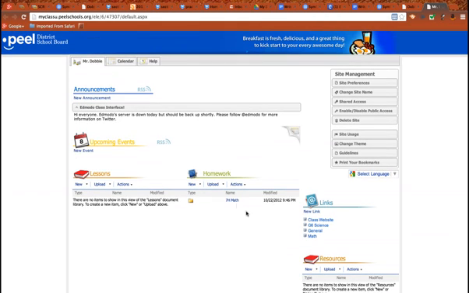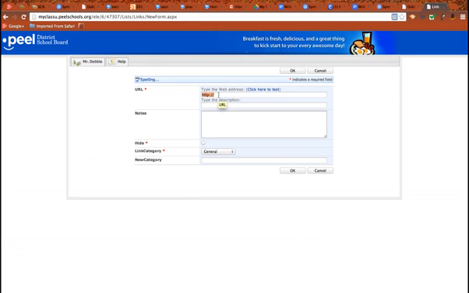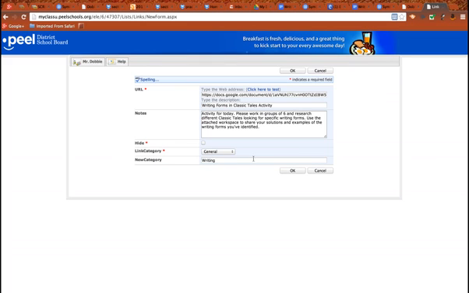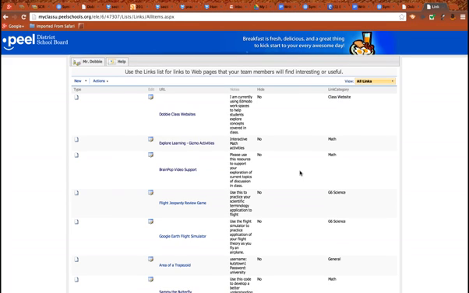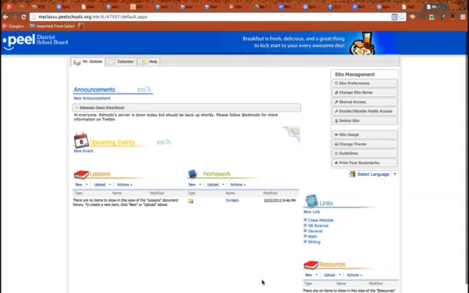what you could do then is attach your link to the new link section. And you could put the links into separate folders. So for this link, you can push Control V to paste it, or if you're using a Mac, Command V, and it'll paste the link right in. I would label it "writing." Now once that's been completed, go back to your workspace, and you'll see that there's a writing link on the